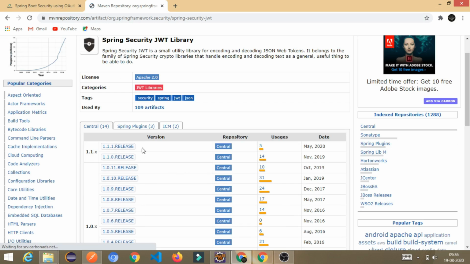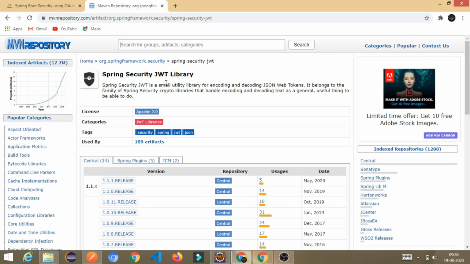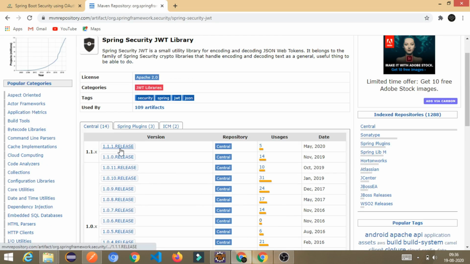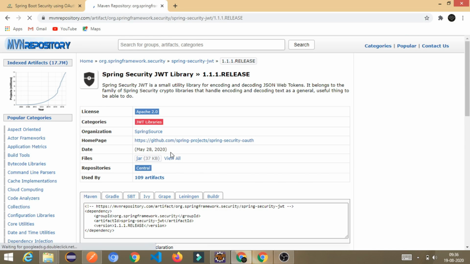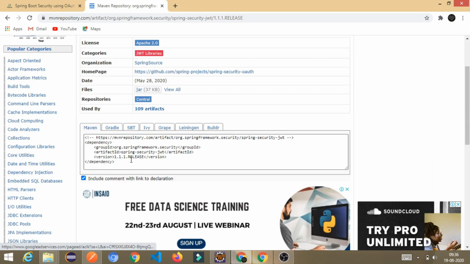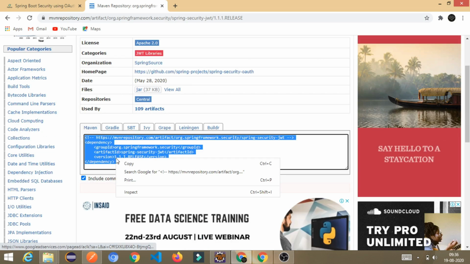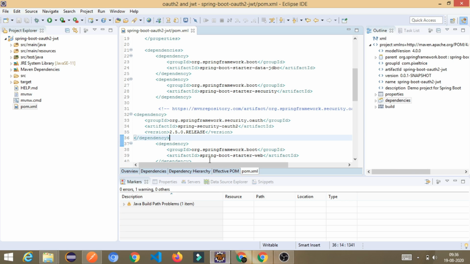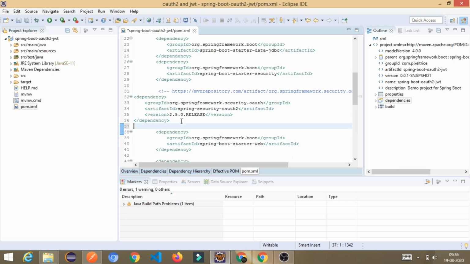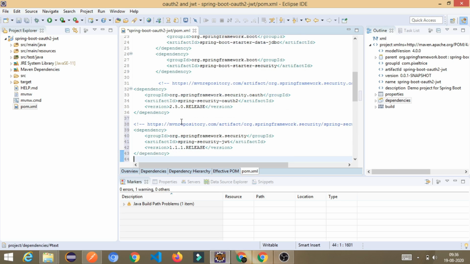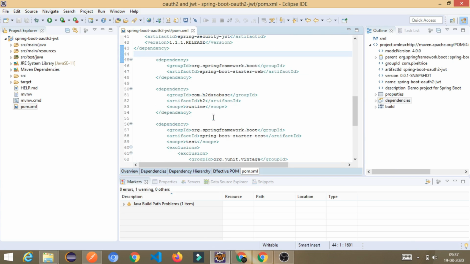Go inside that, again the same thing. Spring Security JWT, just click on the latest release. For now, I will just copy it and paste it in the pom.xml file. So we got all the dependencies, 6 dependencies required for our project.